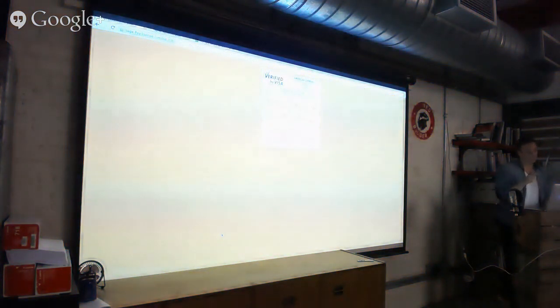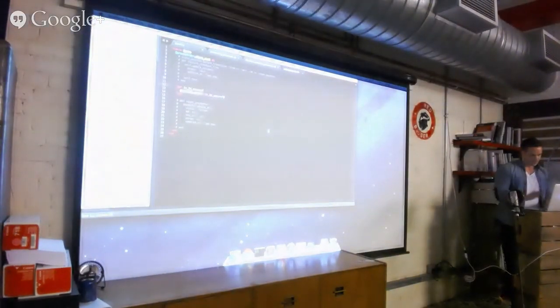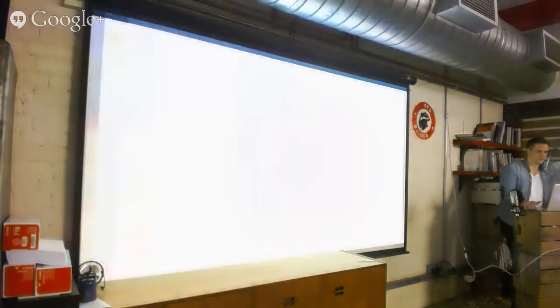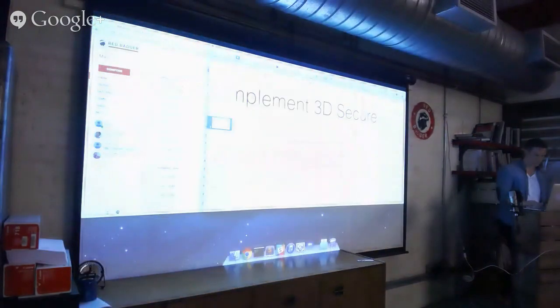So the reason why we got this screen is the next step. This is kind of dependent on your gateway. You can either do it in an iframe, or you can redirect them to the banking site. And also, this is going to be the issuer. If I go back to my keynote,